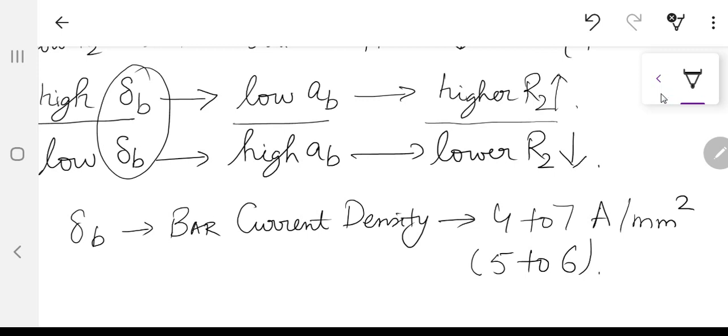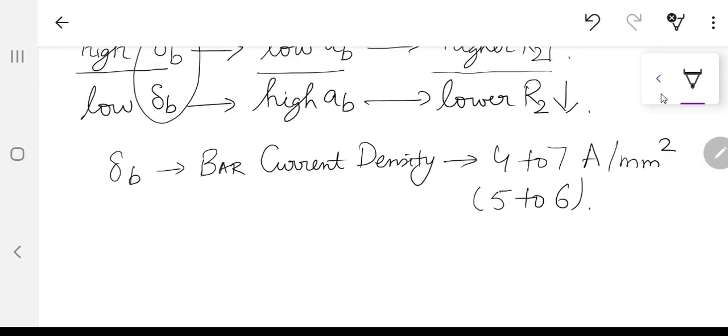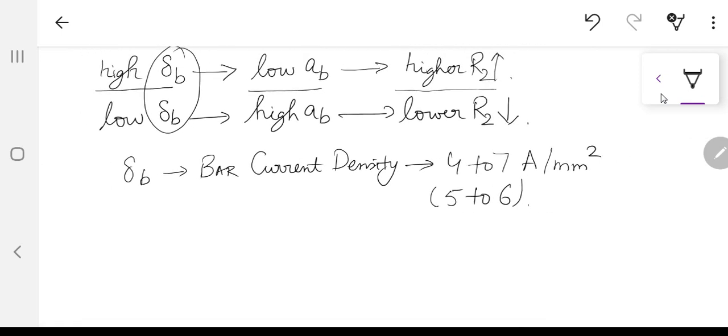So it cannot lift very heavy loads, or even if it tries to, it will take a large value of current, and the machine can damage itself. So if you want to lift a heavy load from a smaller size machine, then certainly a high starting torque is going to be required. So when you have selected your current density, that is the bar current density,